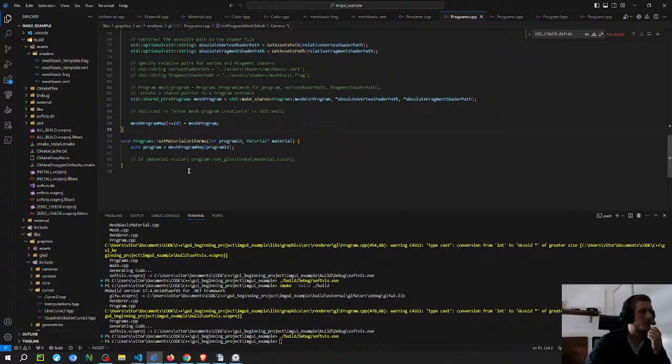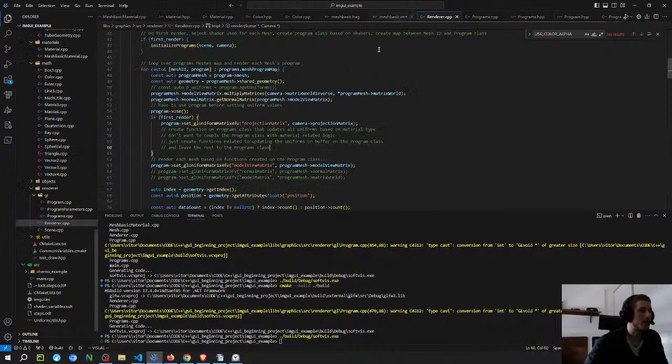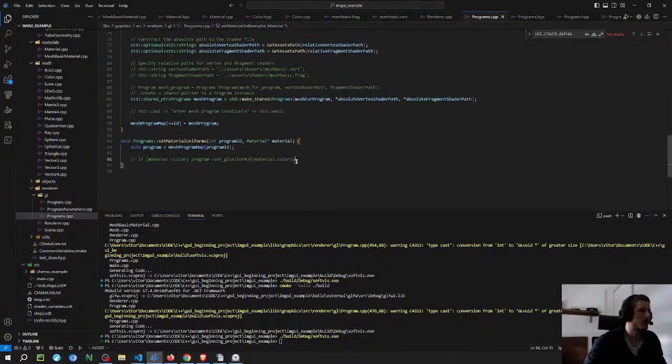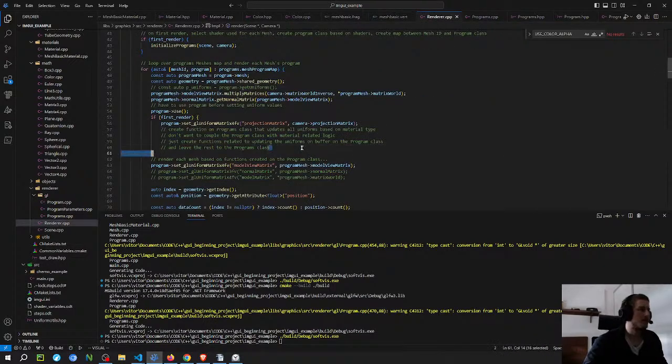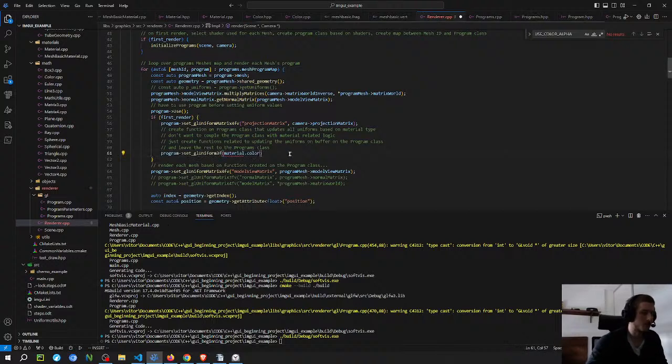So I think that probably the thing about the conditions: just pass one material and then check whether or not the material has some properties, because that's gonna be the main difference between materials, I think. And then if it has, I update the value. But I think I'm gonna do this later, and I'm just gonna call these functions here probably, just to see if it's gonna set the color or not. So I need to pass the name and